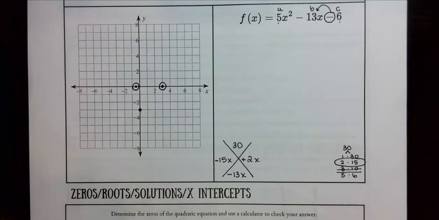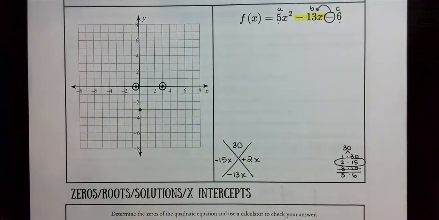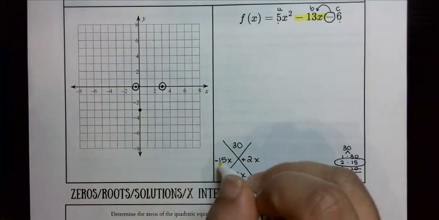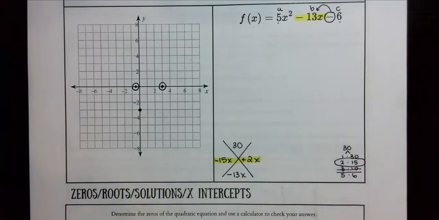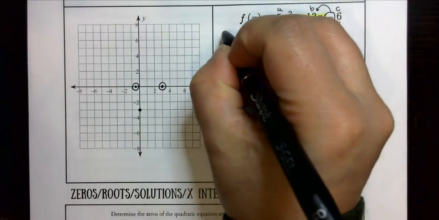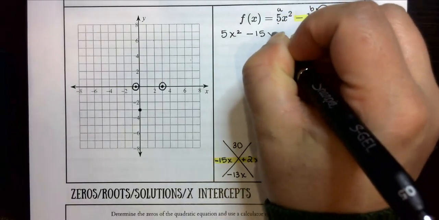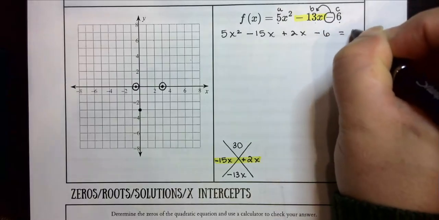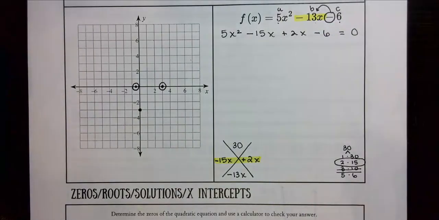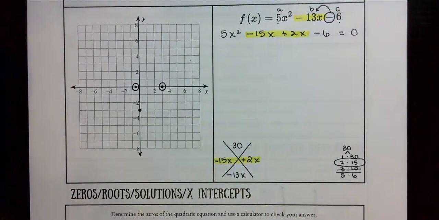So we're going to do something in 2 steps here. I'm going to take out the f of x and replace it with the 0. I like my 0 at the end. And then in the same step, I'm going to replace that negative 13, our b value, with negative 15x plus 2x. So I'm going to start off with 5x squared minus 15x plus 2x minus 6 equals 0. Okay. Now that I have 4 terms, I can split it down the middle